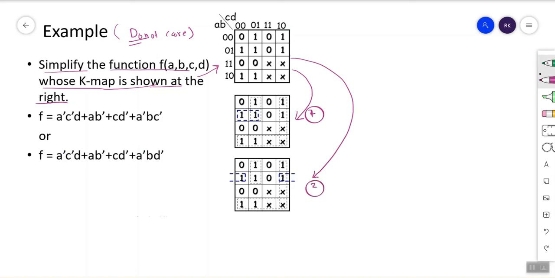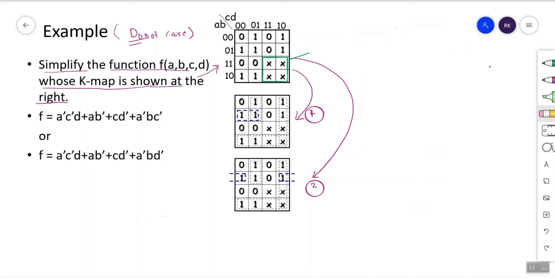First, what is shown here is that they are making the 4 variable. Now suppose I want to use the don't care. A don't care I will take only if needed. We cannot make a group of don't cares alone. Suppose there are 4 don't cares, it is not allowed to make a group. Why? Because at least one 1 is necessary to make a group.